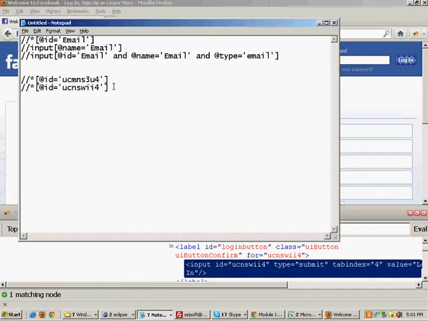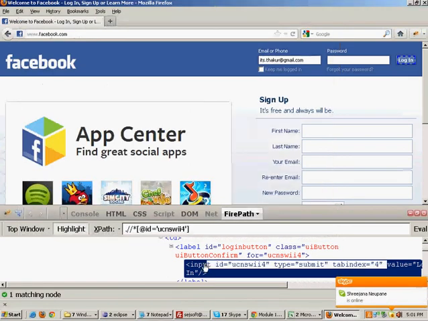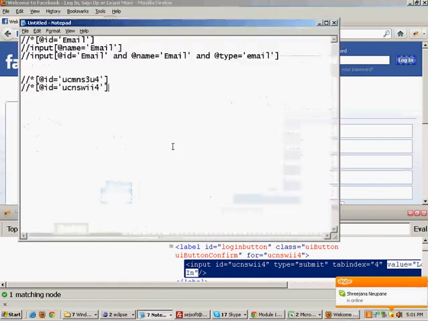Now, there are various ways to handle this kind of scenario. You can actually use some JavaScript functions for dynamically changing IDs, right? I'll talk about that in some time. Or what you can do is you can make an XPath on some other parameter. You can say that the value attribute is equal to this, right? For this element, the value is this.